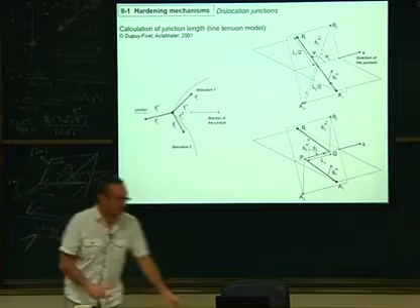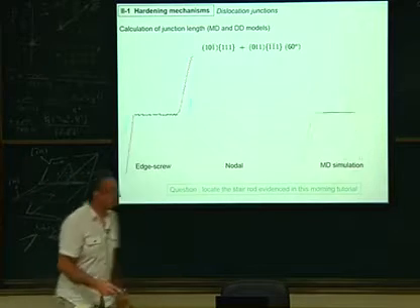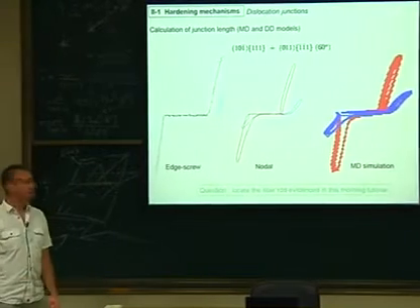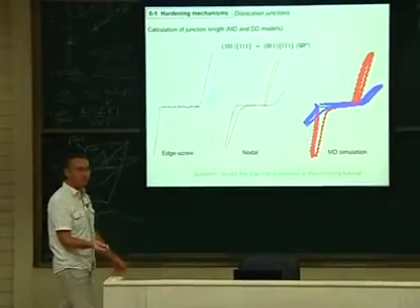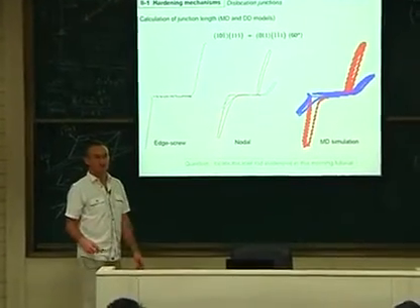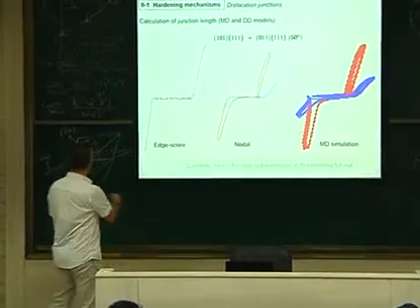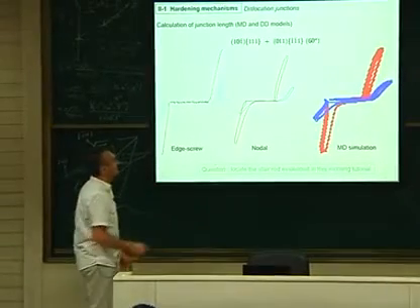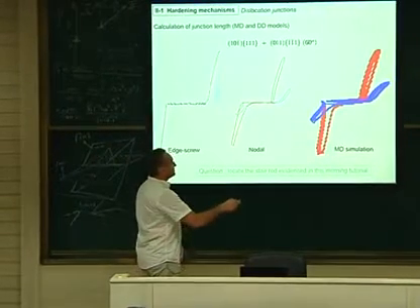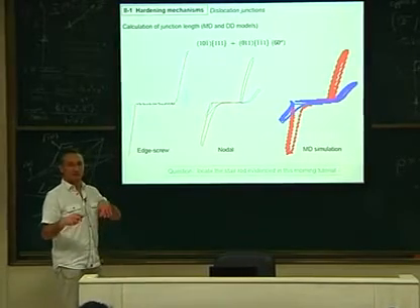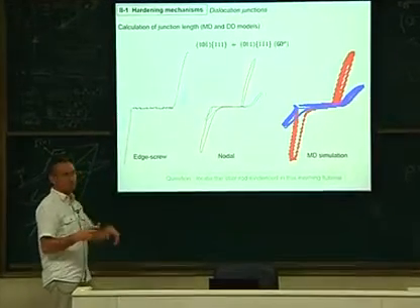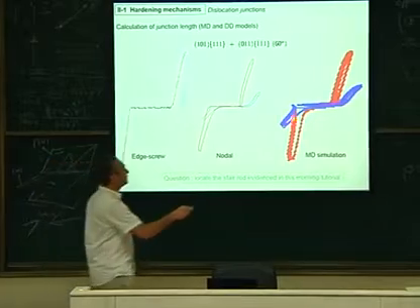So let's run the code like this. This is what it gives for the Lomer-Cottrell lock. You remember, this is what we saw this morning. This morning we formed this lock. So here I show you the same dislocation junction, the Lomer-Cottrell, as we showed previously. This is molecular dynamics. I had a question this morning: at the atomic level, how does the dislocation core interact and so on? You see how it looks?